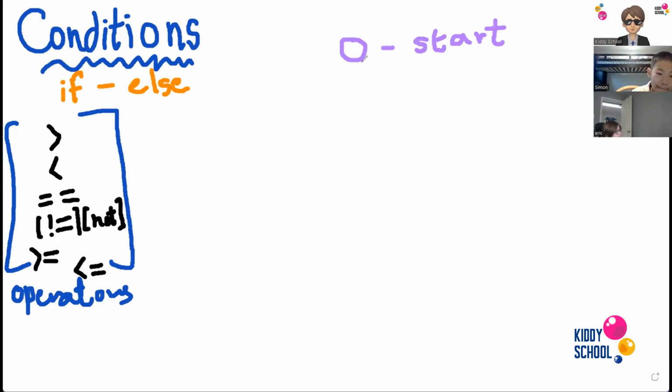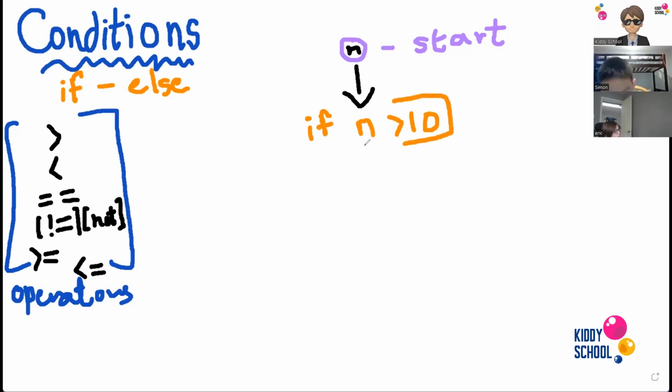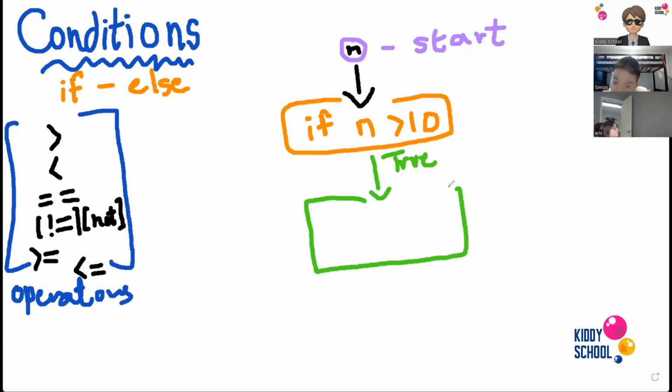For now, let's say we are starting from here. Let's say n is any number, you start from here and you build a condition. When you make a condition, you say if, whatever the number you have, n, is bigger than 10. That's your condition block you just made. And only if that is true, that means this condition is true, then I want you to go down and do something here. For example, print,